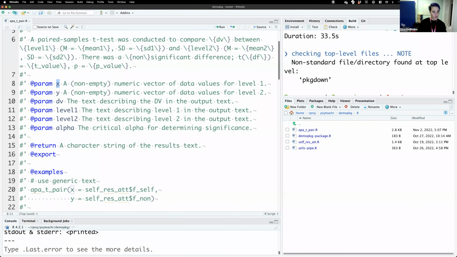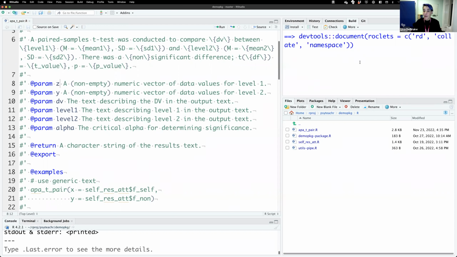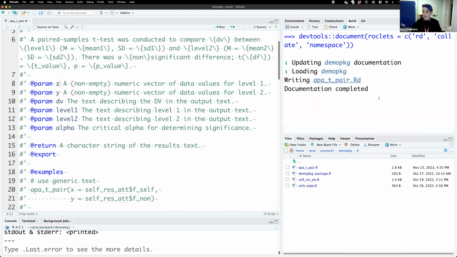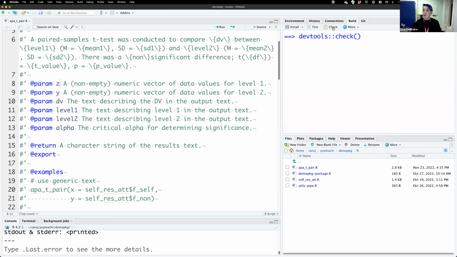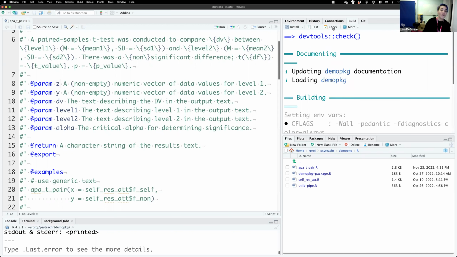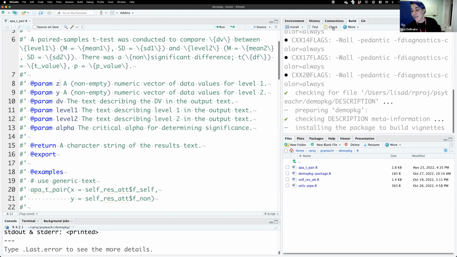If we change it to a z and save it, now we go into the Build tab and we just build the documentation. It will just do it. It's not checking to see, does that make any sense? But if you run devtools check again for the 100th time,